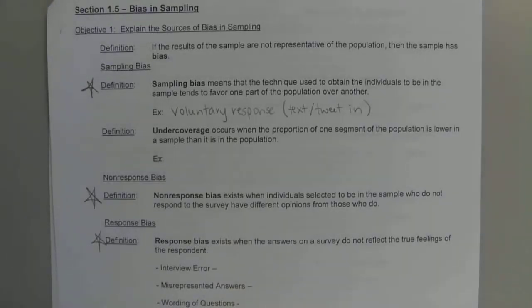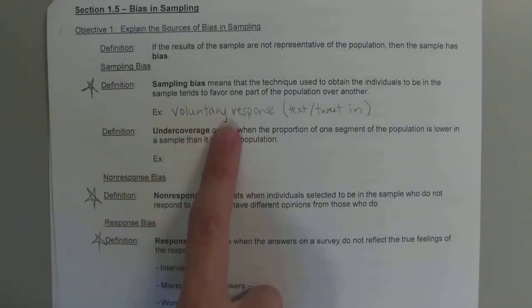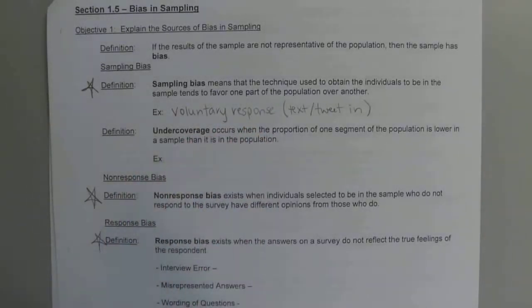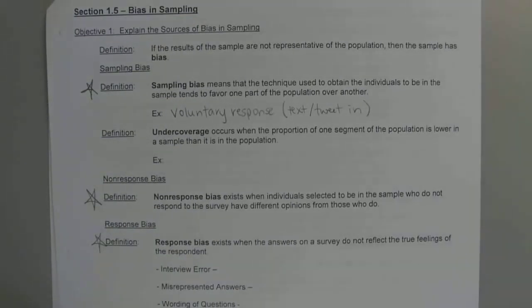Why? Because is that person who wins really the best, what the U.S. thinks is the best answer? No, because it's not all the U.S. watching it. Absolutely not, right? So anytime we have this voluntary response, the one that's usually going to reply is someone who feels really, really strongly about it one way or the other, right?